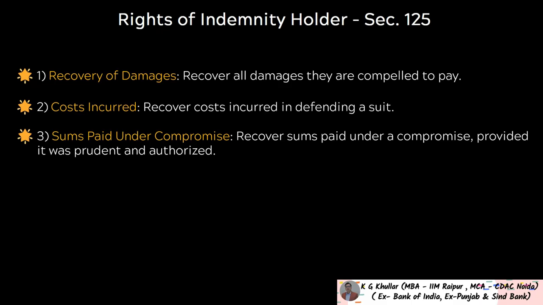So friends, let's understand these rights with the help of an example. So suppose if a broker forges a customer signature on a government bond and sells it, and the buyer later sues the bank for issuing a fake bond, then the bank can invoke indemnity against the broker for all the damages it has incurred.